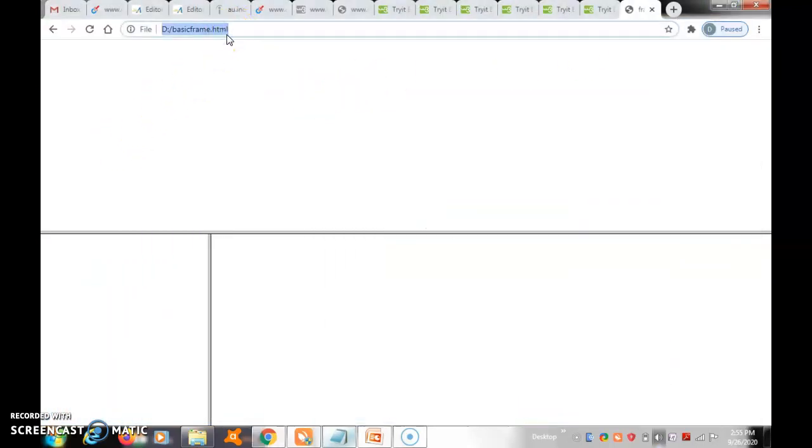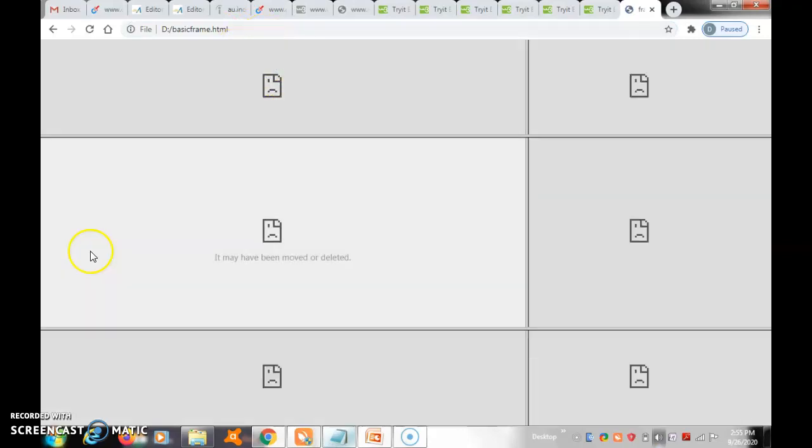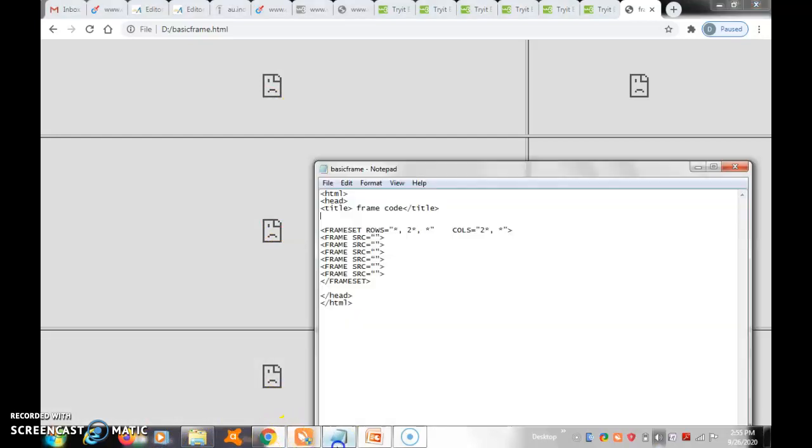Then six frames will display. 6 frames, and here connected to some HTML file, no. So src, 6 srcs are there, no. Src not referred to anything, because of that it is displaying like without execution.